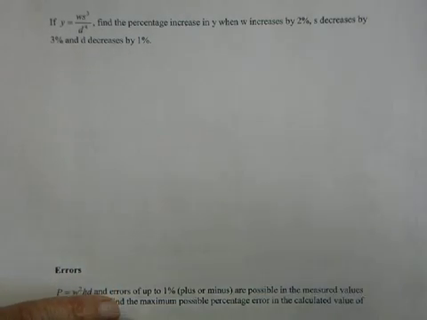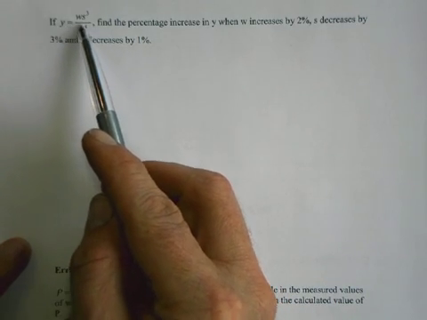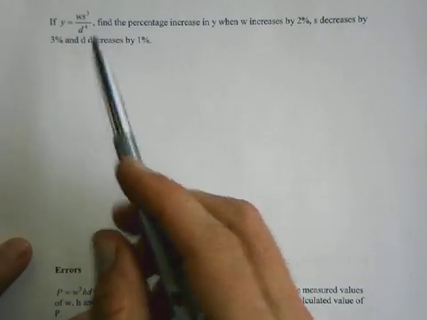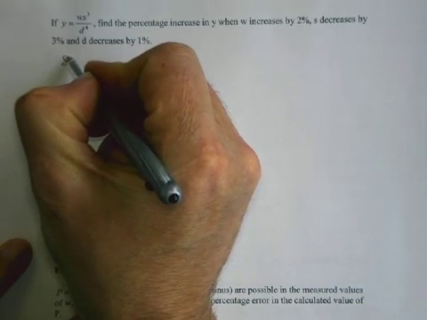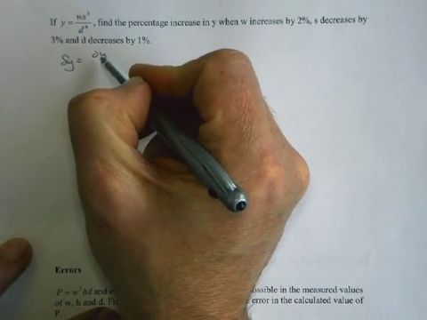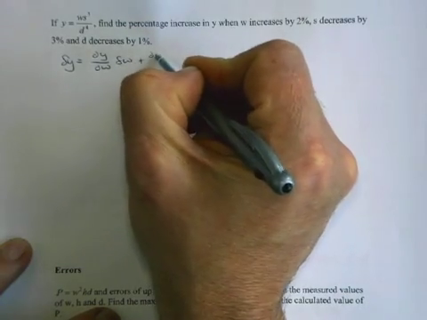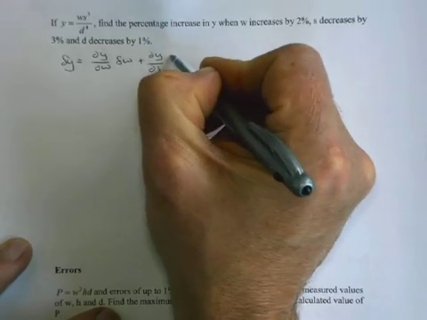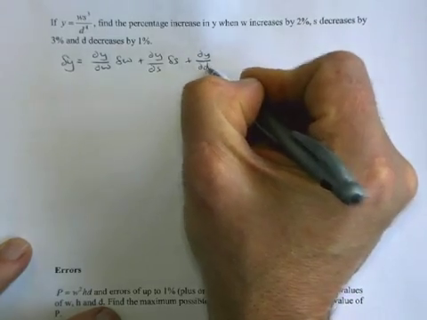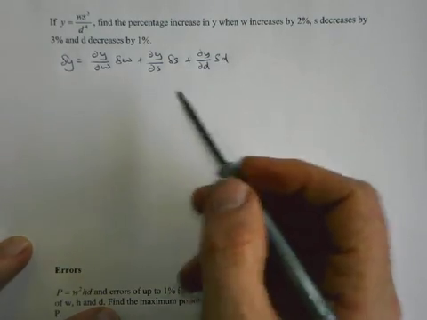Okay, and there's no reason why we can't have an increment as a percentage. So here's a situation where we've got a function y, which is of three variables here, d, s and w, each of which are changing, and we're trying to find how much y changes by. So the increment of y is going to be how much y changes with regards to each of the variables. So we'll start with w times how much w changes, plus how much y changes with regards to, say, s, times how much s changes by, plus the rate of change of y with regards to d, times how much d changes by. So we have to do a partial derivative for each of them,